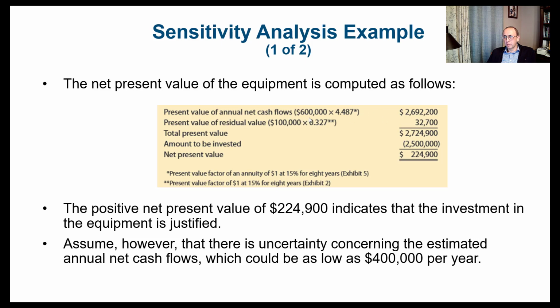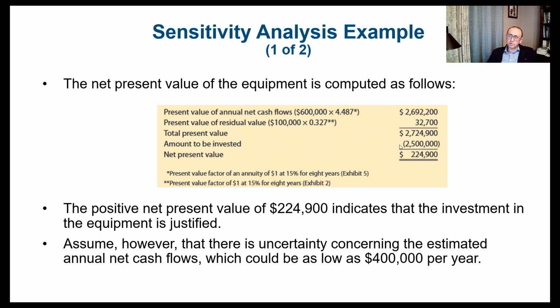annual net cash flow based on 8 years at an interest rate of 15%, the factor would be 4.487. So we take 600,000 multiplied by 4.487, and that would be 2.692 million, or $2,692,200. And again, this factor here is the present value factor of an annuity of $1 at 15% for 8 years. The present value of the residual value, which is the $100,000, in this case we need to use the present value of $1, not annuity. So we got the factor 0.327, same thing for 8 years, 15%, multiplied by 100,000, and that's